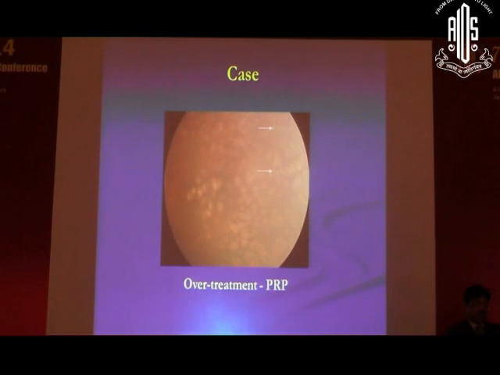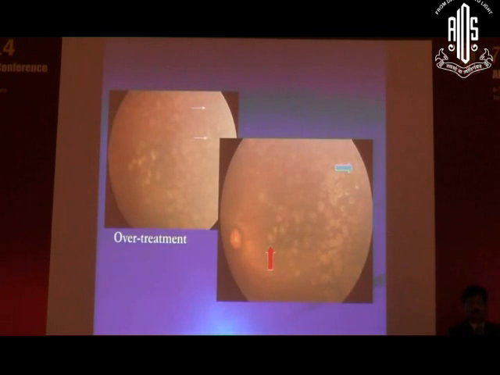This was a child who came to us. He was just brought to us as blind, not seeing, not following light. We looked behind his eye, and the ridge was here. Some remnants of the ridge are here, and it was a zone 2 anterior disease. You see some kind of PRP has been attempted in this case, and the lasers are anterior to the ridge as well as posterior to the ridge. In fact, so posterior to the ridge that they have gone ahead and lasered the fovea as well. So we know this child is blind not because of ROP, but because of other reasons, itself.